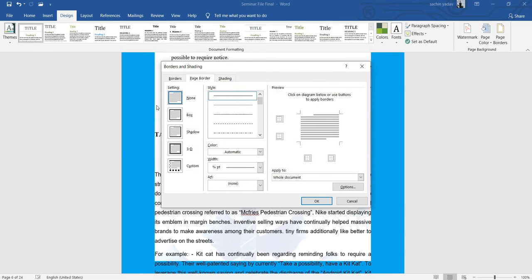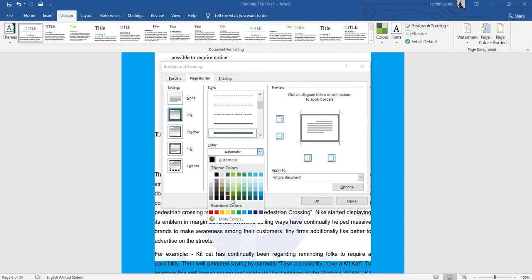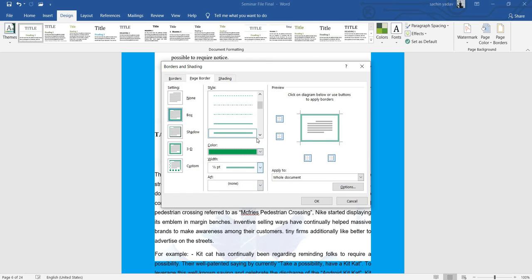So you can choose the page borders accordingly. Here are many types of borders available for you, 3D borders or 2D borders, or you can change the lines of these borders. Here you can see you can customize the borders according to your need. And here is the automatic color changing of borders. You can change the color of the border, outline border, you can change it. Many different options according to this.